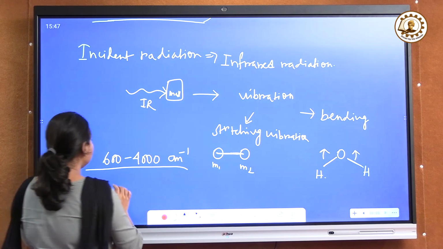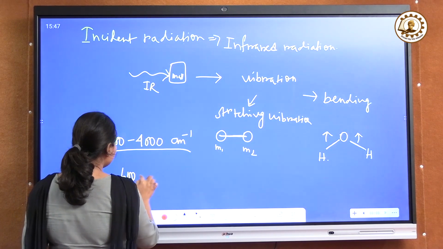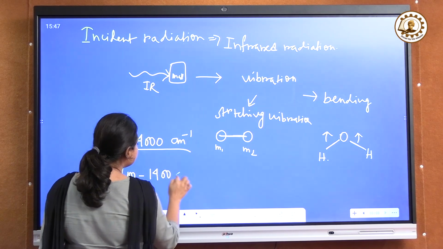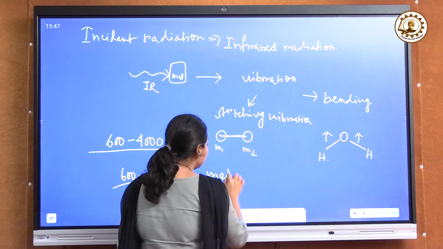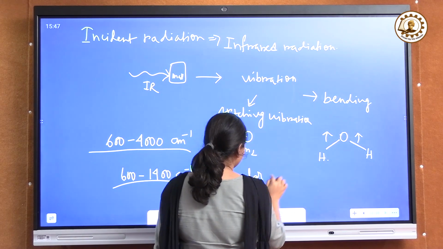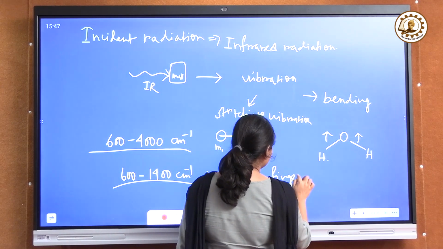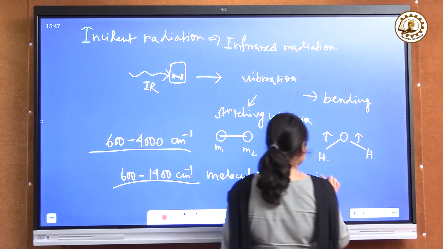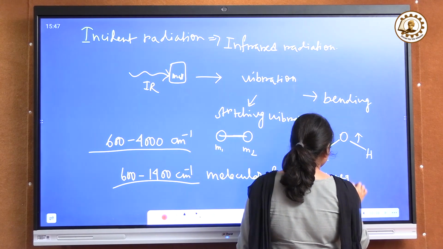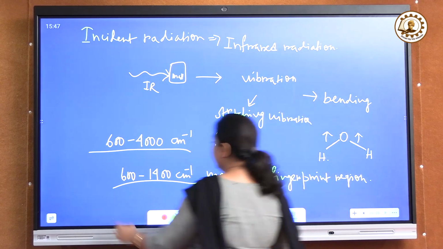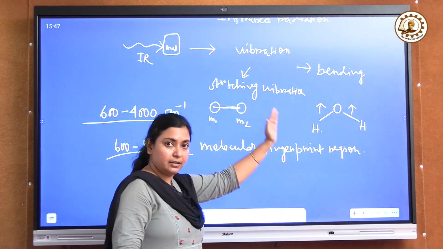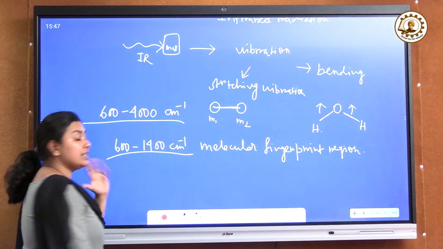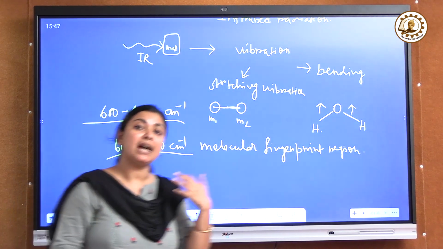Now in between this region, 600 to 1400 centimeter inverse is known as molecular fingerprint region. Okay. So from the concept of IR spectroscopy, we can assume that if the molecule is highly polar,